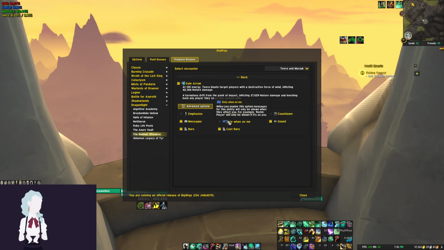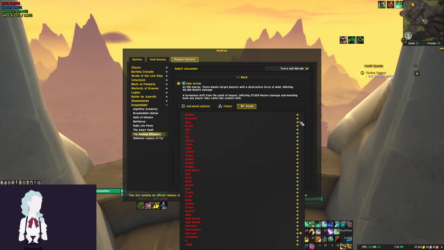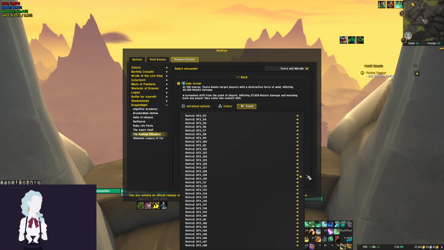We want this only when on me, because I believe it can target, I think it targets 3 players at a time, maybe 4. It might be everybody but the tank, but it also might just be 3 players. So we'll set only when on me just in case it's possible to not be targeted. I'm not 100% sure. And then we will set this to,